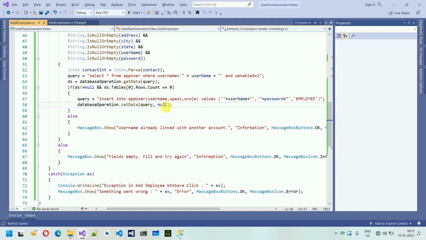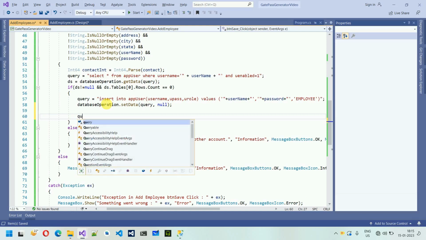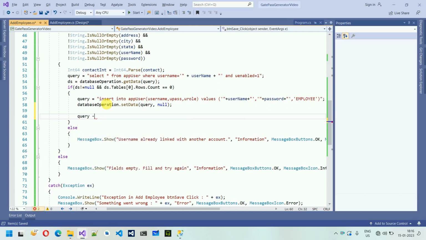Because at this point, I don't want to show any message because I am persisting this app user. Okay, so in the previous video, I've shown that I have handled that if this is null, then I don't need to show the message. Okay, after this, I'm assuming that my data is persisted perfectly. After this, we need to fetch that pk, right? So query is equal to